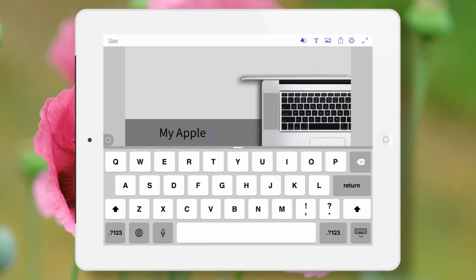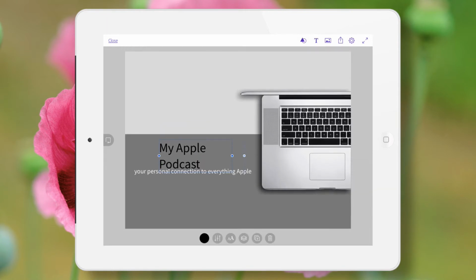Apple Podcast. Okay, I'm going to slide that over, and I'm going to go ahead and just leave that black for now. So it looks pretty cool. Now I want a menu up above because, again, this is a comp for a web app for the iPad. So I'm going to go back to text again, or actually I'm going to go ahead and just duplicate this